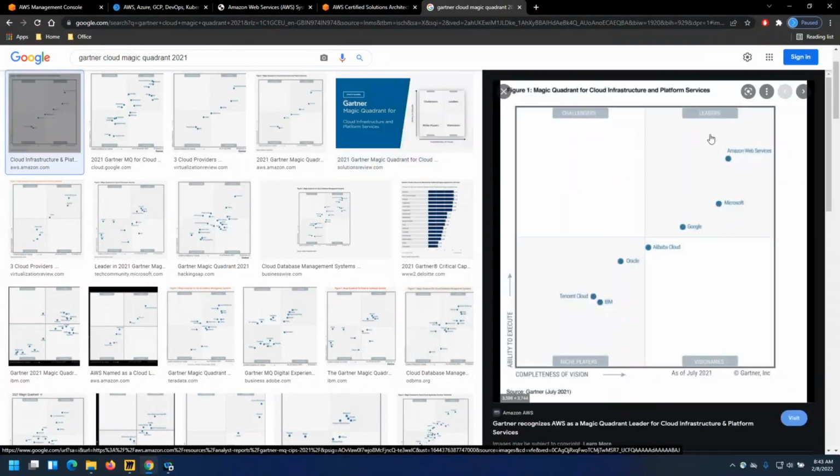As of July 2021, these are the cloud vendors or cloud providers recognized by Gartner for their recommendations. What Gartner will do is provide analysis of the top leaders or top contenders in specific areas.